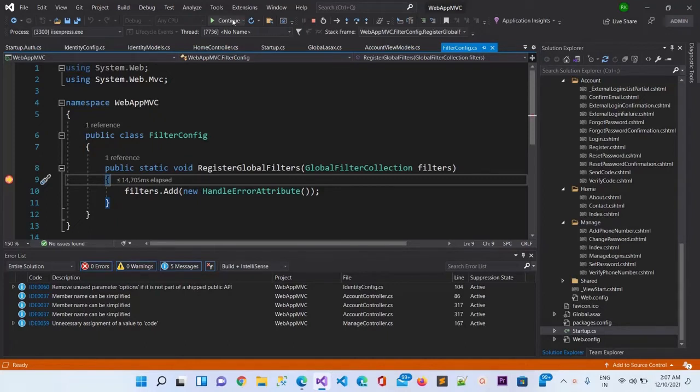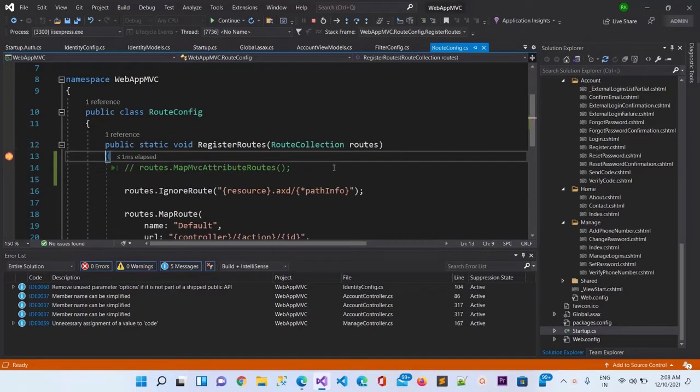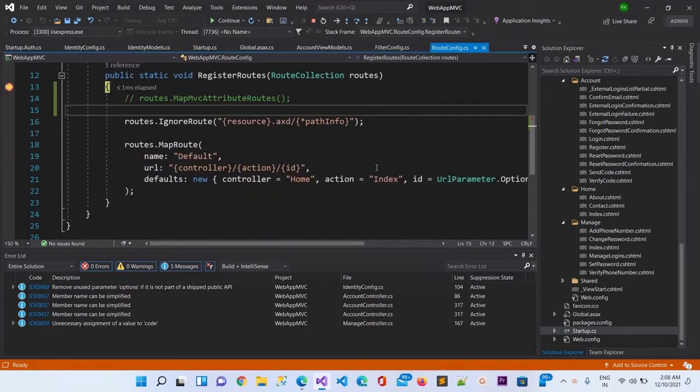Let me click continue again, and now you can see this is the third step, which is register routes, where the routing table is configured.